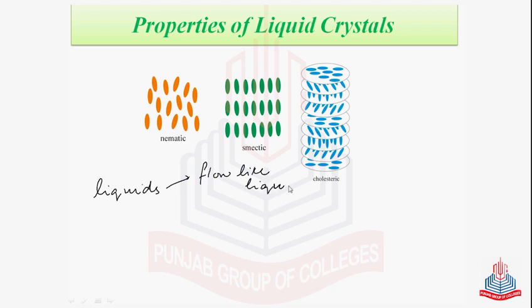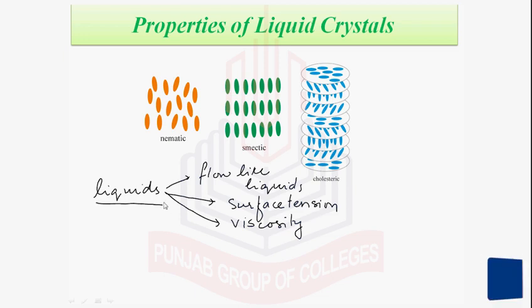Along with that, they have surface tension, which is characteristic of the liquids. And another important property is viscosity. Viscosity is another important property of liquids. So, liquid crystals show the following properties of the liquids, whereas they have the properties of solids such as